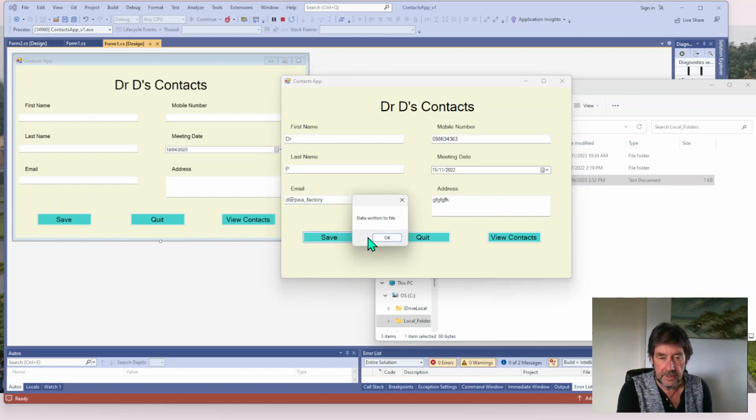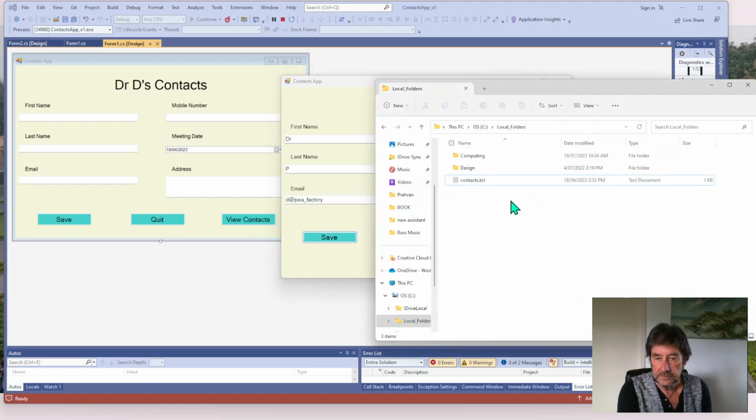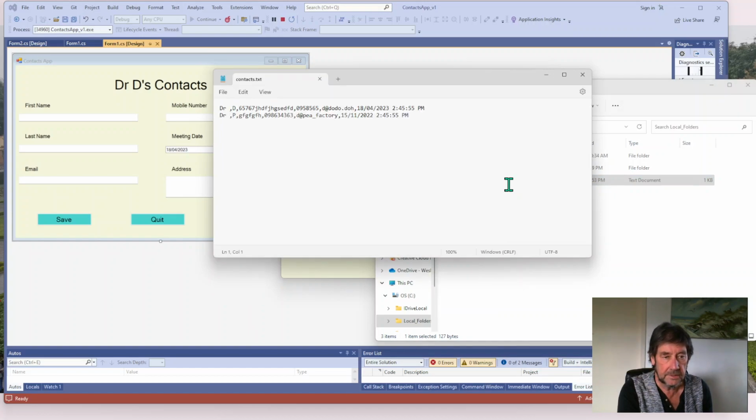All right, we'll save that. It says it's written to the file. Let's have another look at the file and see if it appended it. And we can see here it did append it